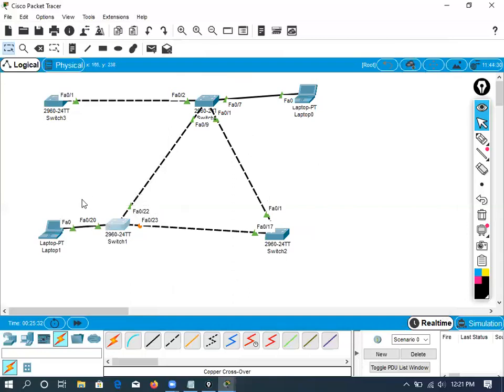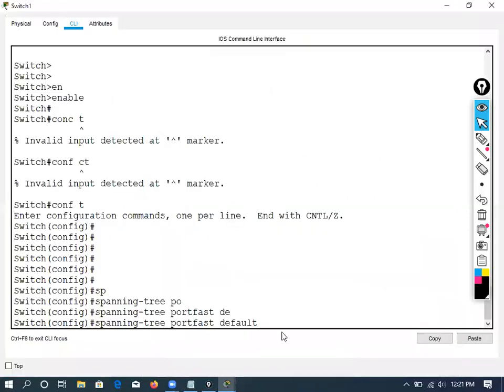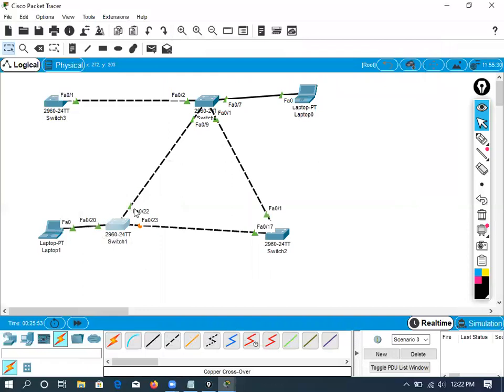I'm not saying all switches. In this switch, you may have plenty of interfaces. It will affect all the interfaces. Okay, that's what GC says, global configuration mode. Is it clear? But if you enable that, it's going to create a problem. What is the problem? I said this will apply on all the interfaces, right? That creates a problem. Because we connected to other switches, the interfaces which you connected to other switches should not be port fast because they should run the STP algorithm. Are you getting my point? Port fast is kind of disabling STP.